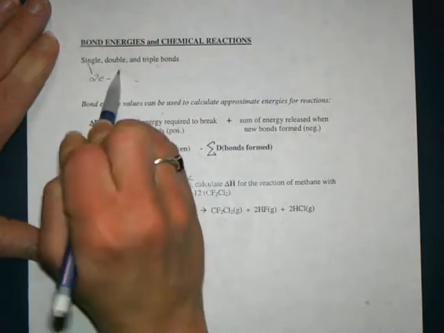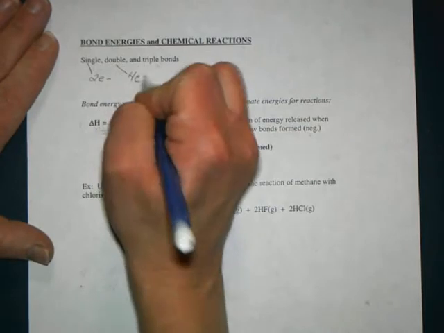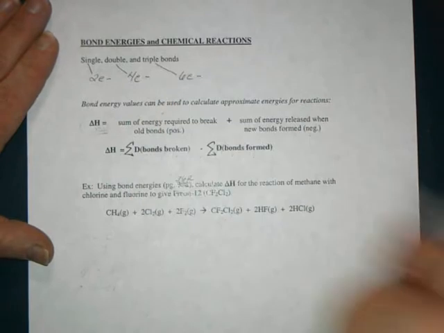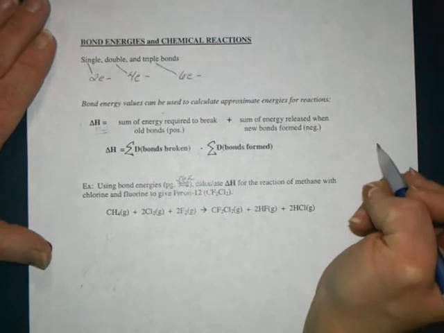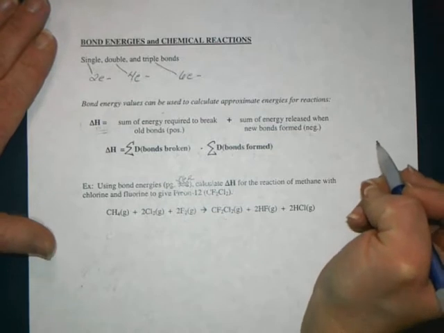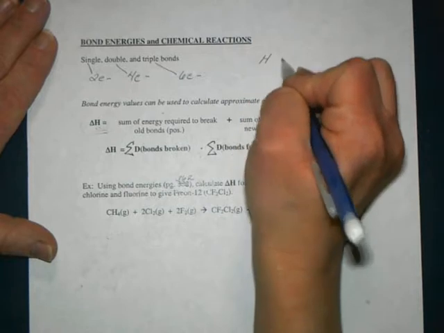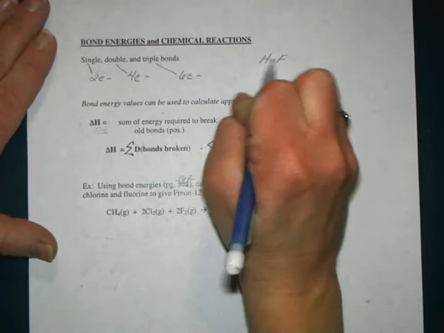A double bond is the sharing of two pairs, or a total of 4 electrons. A triple bond is the sharing of 3 pairs, or 6 electrons. All halogens form single bonds. Hydrogen only forms single bonds. So if hydrogen is bonding with fluorine, they will be sharing one pair of electrons, which is shown by a